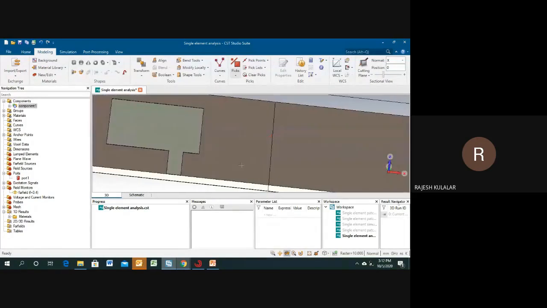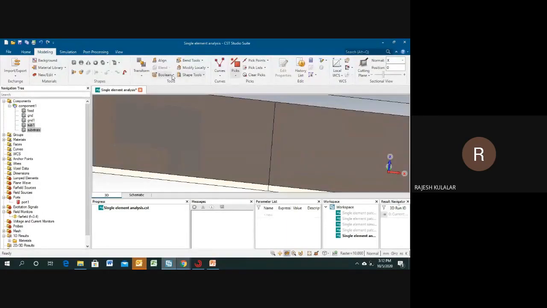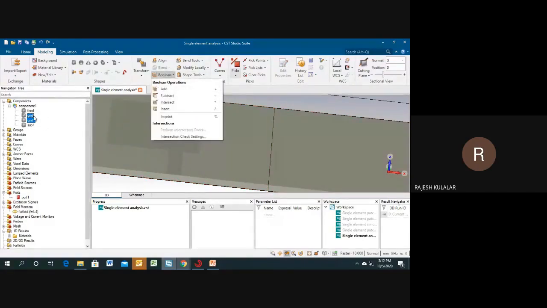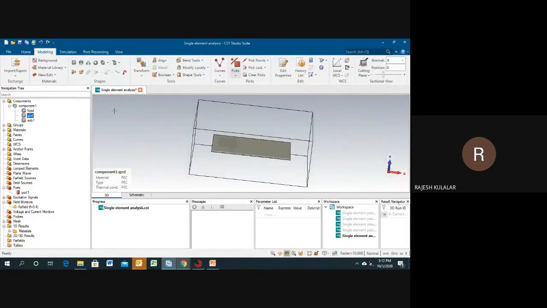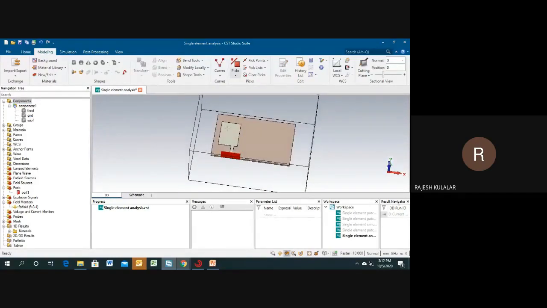So you can perform some Boolean operation also. Just click this one, control-click this one, and go to the Boolean operation. You can use the shortcut key plus, otherwise add. And you can select this one also, the ground. You can select from here also. Just click on this and add. So now you can see this one is a Boolean operation, and now I need to define the same element